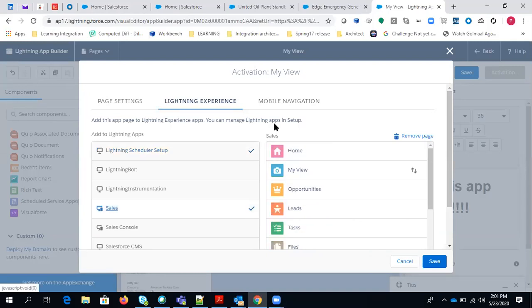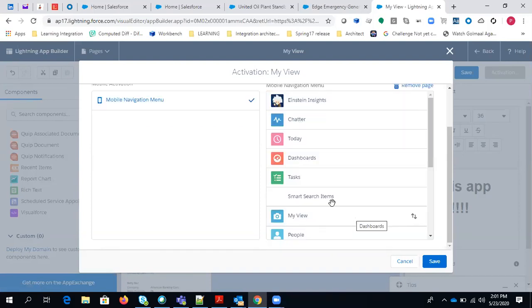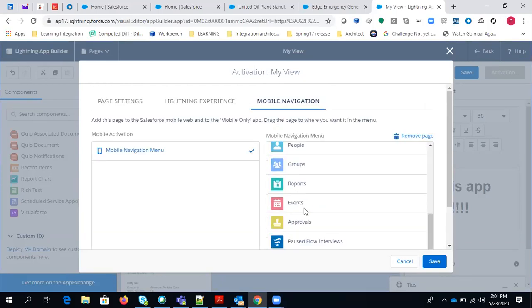or it is your choice. If you don't want to show it after the home page, you can drag and drop it as well. So like this, right? So it will be visible before the home page as well. So it is your choice. And then mobile navigation. So if you are creating it for mobile, then where it should display in the mobile navigation. So right now we are not testing it for mobile, but you can also do it for mobile as well, right? So now I'm just hitting save.